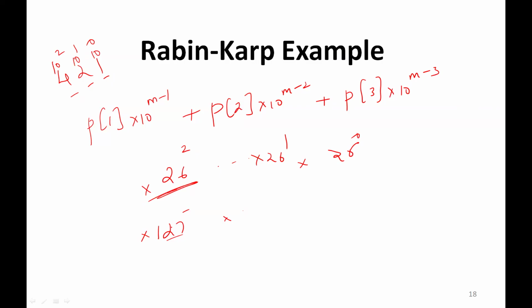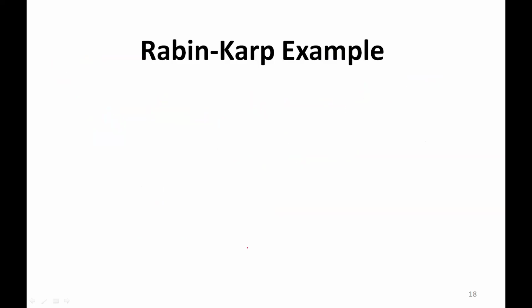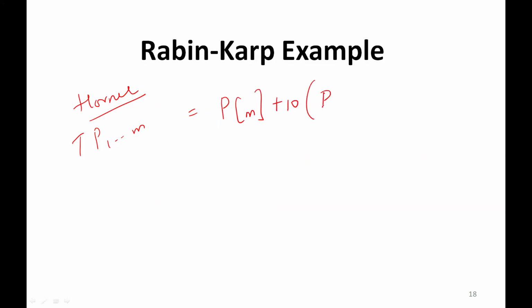So basically, the entire hash function is generated with the help of something known as Horner's rule. Based on this, the formula of the Rabin-Karp algorithm works forward. It's another notation. We can say that any pattern from P1 to PM of a text can be represented as PM plus 10 into (PM minus 1 plus 10 into (PM minus 2 plus